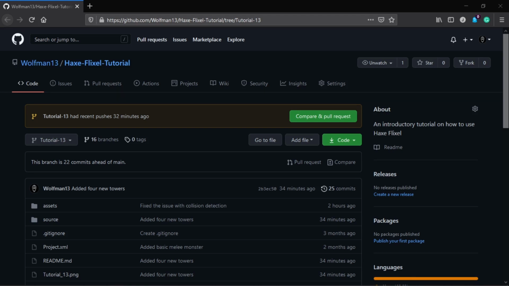So in last week's tutorial, we fixed our mistakes from the previous tutorial. We corrected the hitbox collision detection, thanks to someone on Twitter for helping us with that. And in today's tutorial, we're going to add towers that will be our ranged units. Now I have prepared the